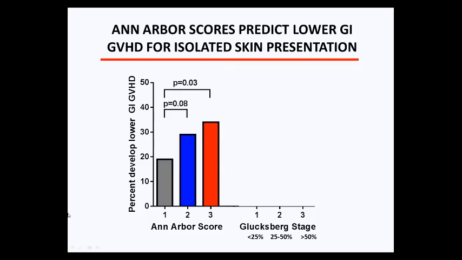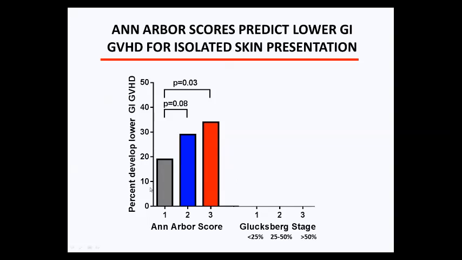Very interesting also is that the Ann Arbor score is able to predict lower GI GVHD for patients that present with isolated skin presentation. So how did it work? Those are 286 patients from Michigan and Regensburg. Those patients were presenting with only skin manifestation. We're going to compare how they do by Ann Arbor score and Glucksberg stage, but I want first to show you